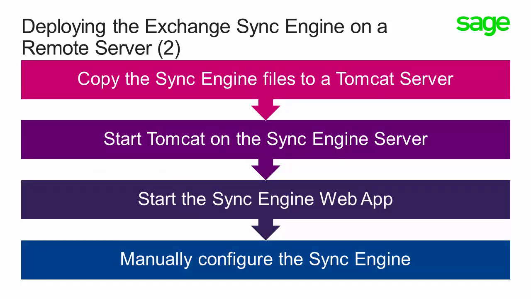And so what we need to do that is to go through a number of steps. We need to copy the sync engine files to an already set up Tomcat server. We need to have Tomcat running on that server that we're going to use as a sync engine. We need to make sure that the web app is operating as well, and we also need to be able to make sure that the sync engine is doing what it should be doing, so it's configured correctly. All of this is documented within the system administration guide, and so if you do want to do that, then this is likely to be something that you're going to be doing in the context of a larger scale